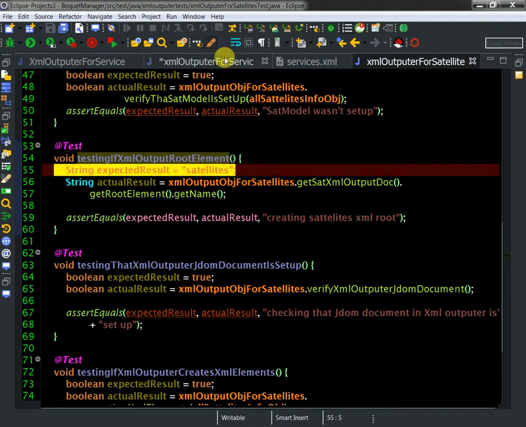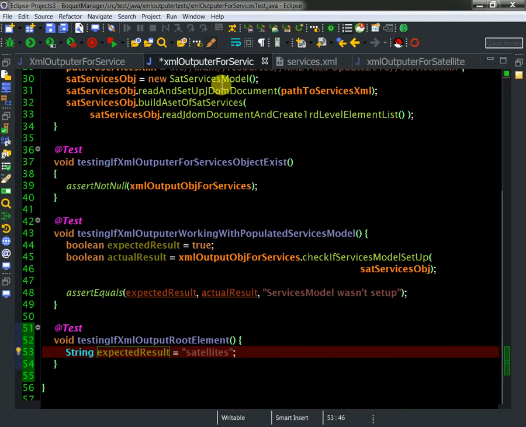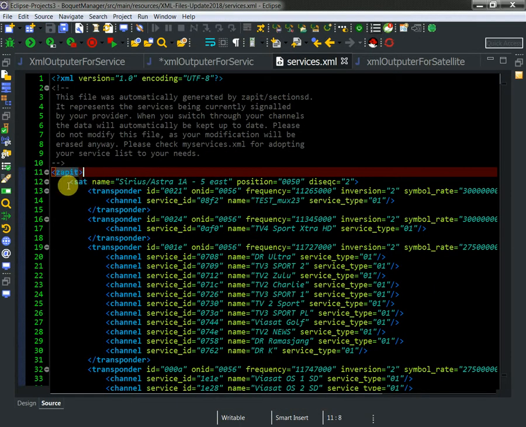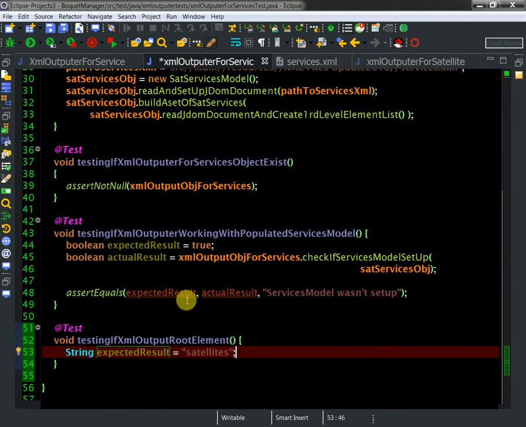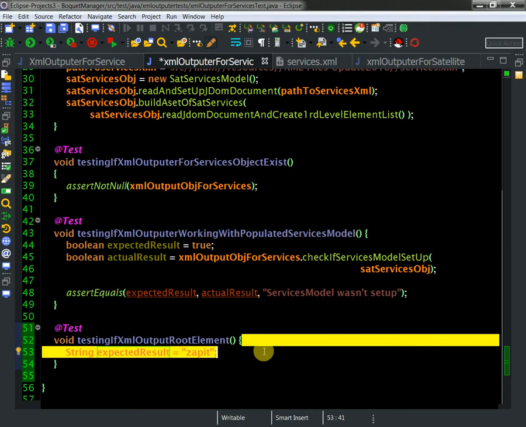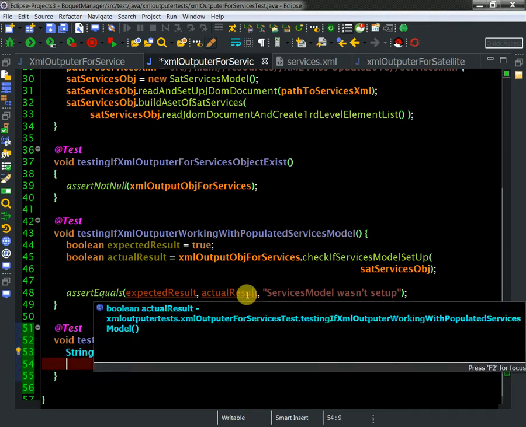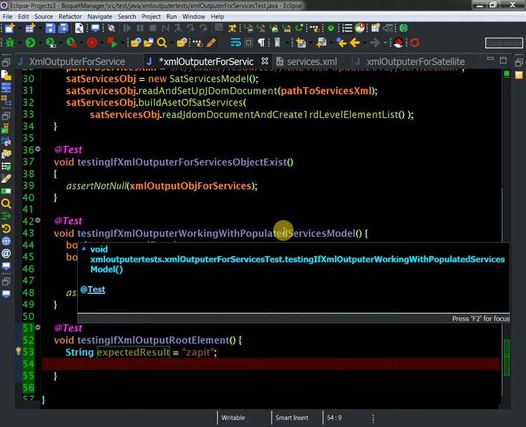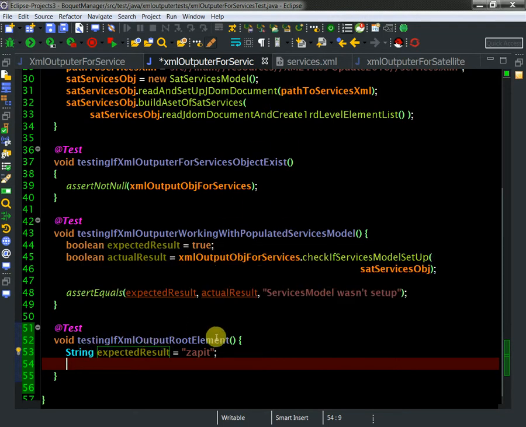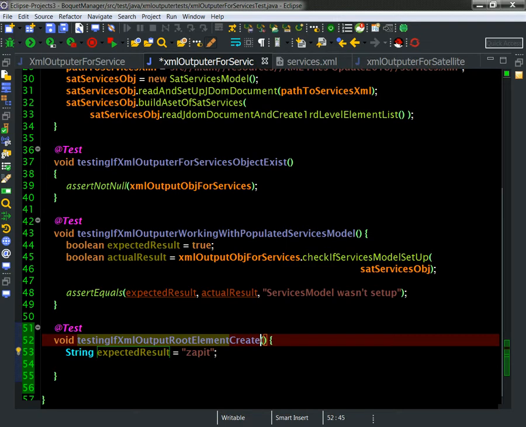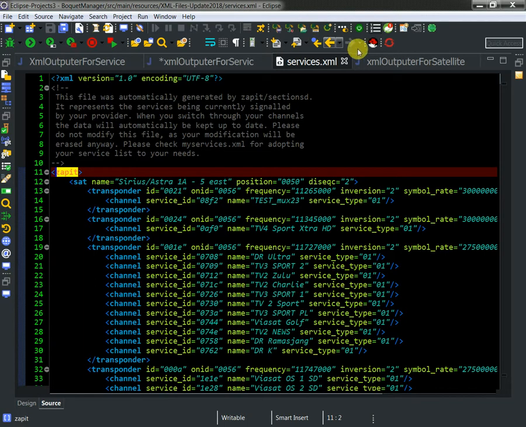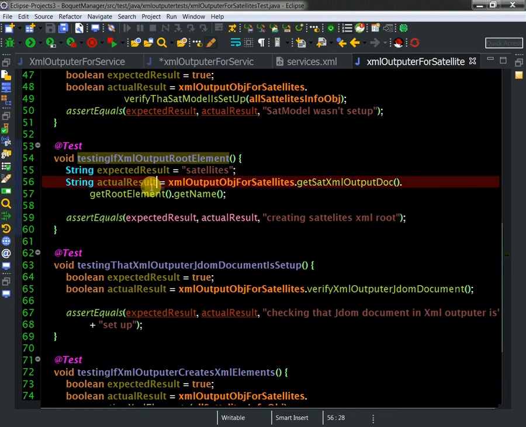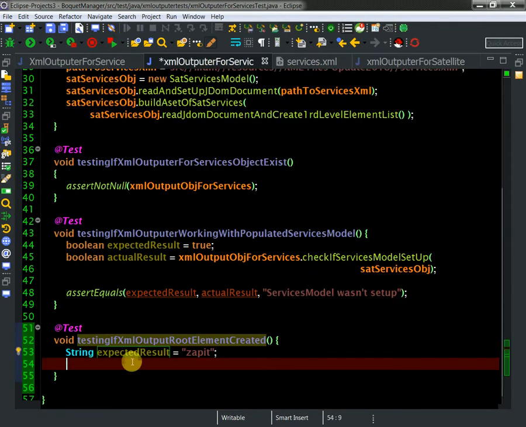Let me just copy some stuff because I already did so much amount of job, and it is a proper way to copy some stuff. So basically I am writing a test for testing my root. So testing if XML output root element created. Now here I need to put my stuff. I have an actual result, and here I need just to